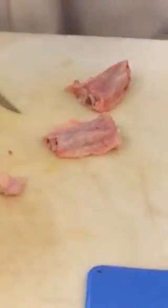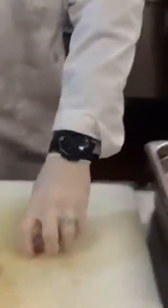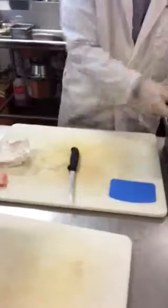These will be presented with the carcass because of all the gel, right? So we're going to save that. So now you have 2 wing flats that are clean and scrap. Keeping your board clean the whole time. Next step,